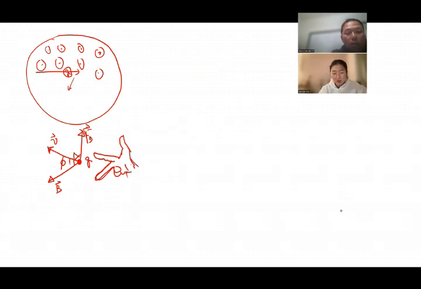So the thumb is upward, the index finger is perpendicular to that force, and the magnetic field direction is the same as the third finger. The reason we can apply this right hand rule is because this magnetic force is the vector cross product of the velocity vector v and the magnetic field B. So the force of the magnetic field onto the moving charge is